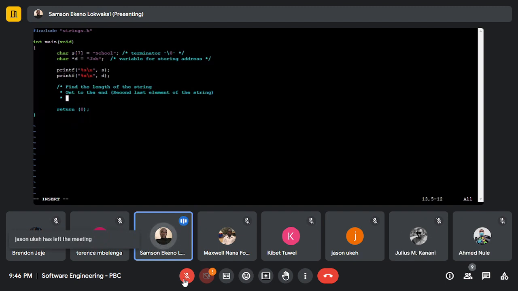Then since I'm just printing it, I'm going to print, then print the element, then decrement from, if I'm using something like an iterator, so I'm going to move from the second last to the